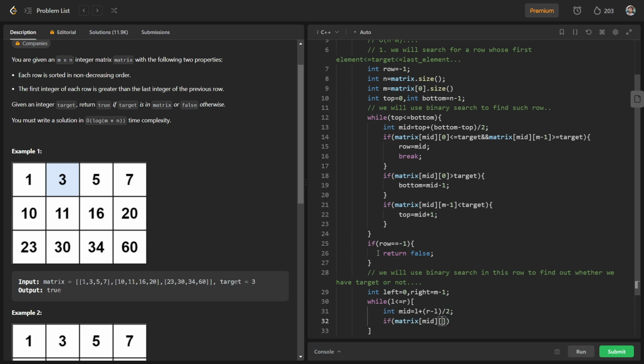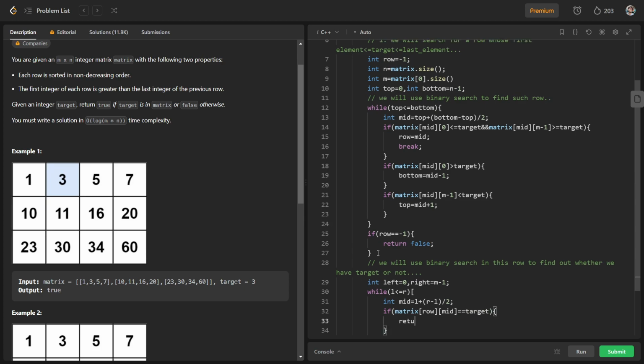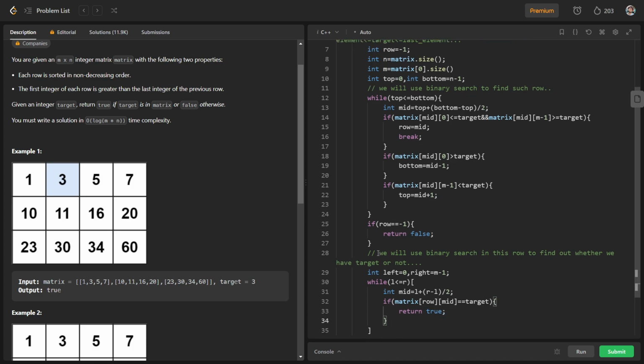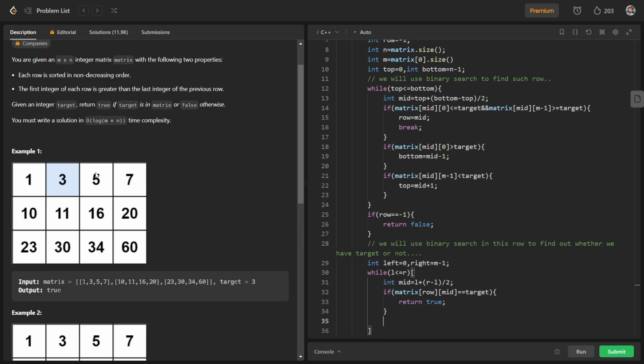We were searching in row, so if matrix of row and mid is equal to target, we will just return true.